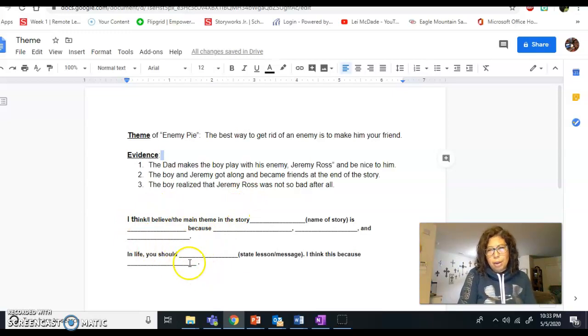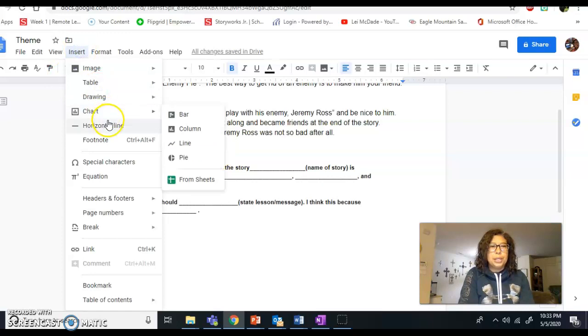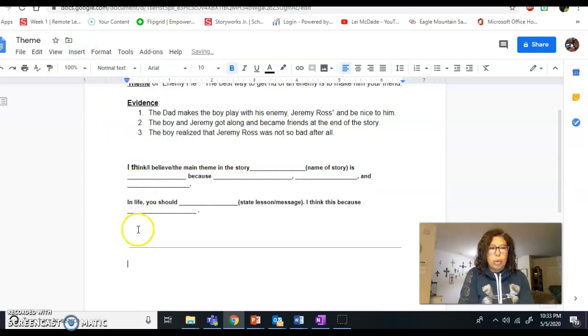So here's our shared writing, our writing prompt, okay? This will help you kind of get started. They're called sentence stems, so they help you start your writing. Where it has blanks, that's when you would fill out your information. But we're going to do this shared writing piece over Enemy Pie. So I'm going to rewrite this, but add in our information. Okay, let's separate it so that you can tell what we're writing.